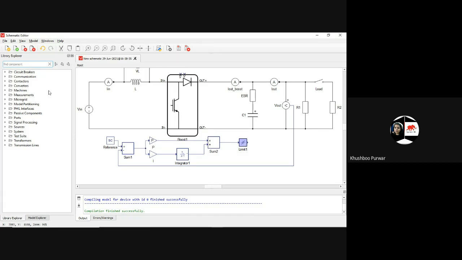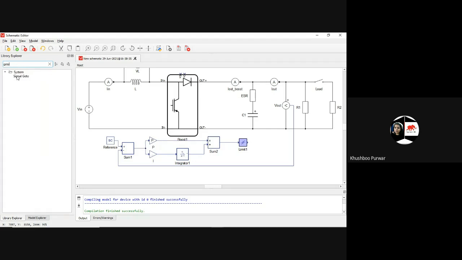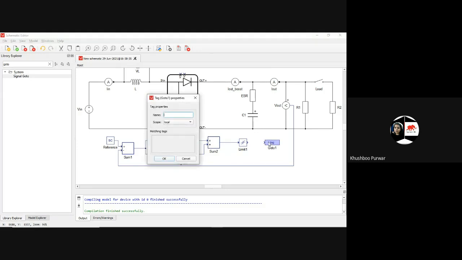Now I will use one go-to signal. Why am I using go-to signal? Because there I'll assign the reference. Because the output that I'm going to get, this is all the reference I'm going to get. So I will tag it here, reference. And I will make the scope global.